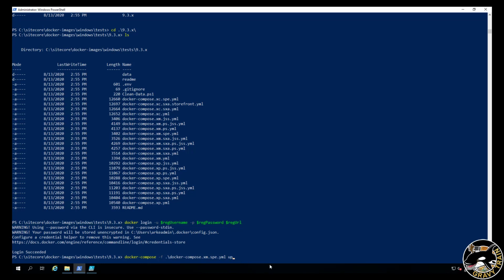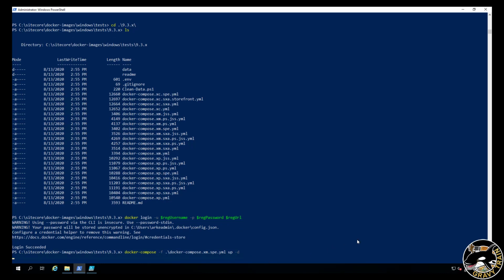So we're going to compose up. And then we're going to use minus D, and that is going to put things in detached mode. So basically, if you were to run this without the minus D, the console is going to become the standard out for your instance or for your container. And we want to be able to do other things with this container. So we're going to just run this,